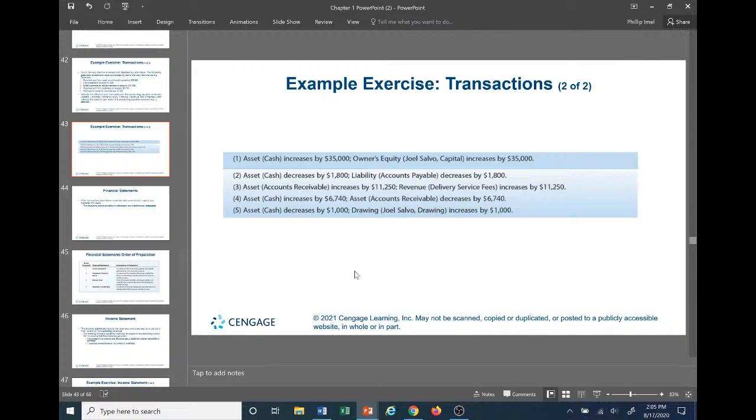So there are some example exercises on the transactions and the effects that each individual transaction can have on the accounting equation of assets equals liabilities plus equity. I hope everyone understands that. If not, just go back, hit it again and again and again. Like I said, live it, love it, learn it, enjoy it, because you're not going to get away from it. I cannot stress enough how important this equation is, how much easier our lives are going to be.